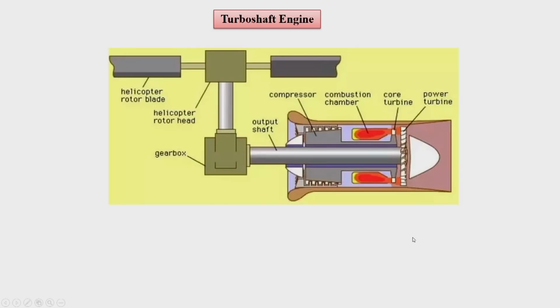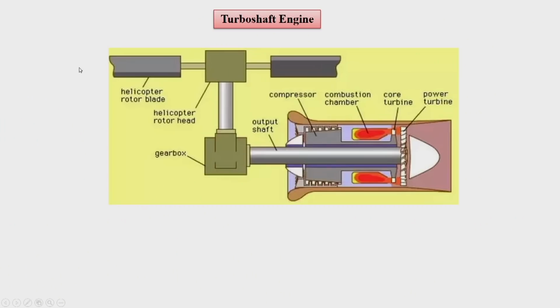Then we have a turbo shaft arrangement. A turbo shaft arrangement is what we can have in helicopters. It is not different from the arrangement we generally have in the electricity based gas turbine power plant, where the shaft is connected to a gearbox and to a generator. But in this case the gas turbine power plant is connected to a shaft, and that shaft is going to rotate the blades of the helicopter. So a turbo shaft engine would have helicopter blades and it is rotating.